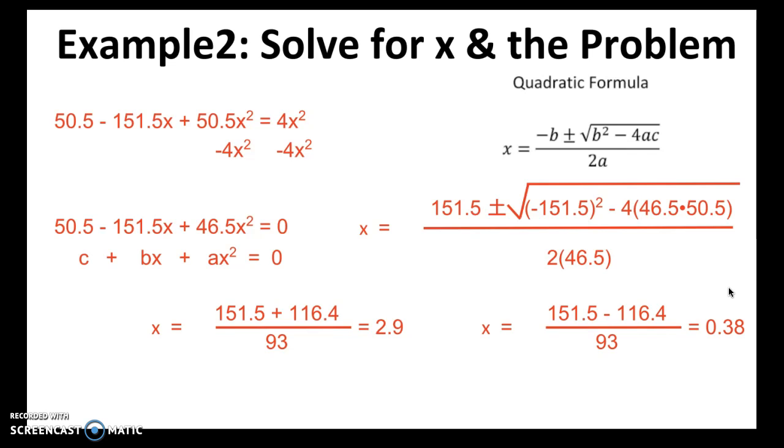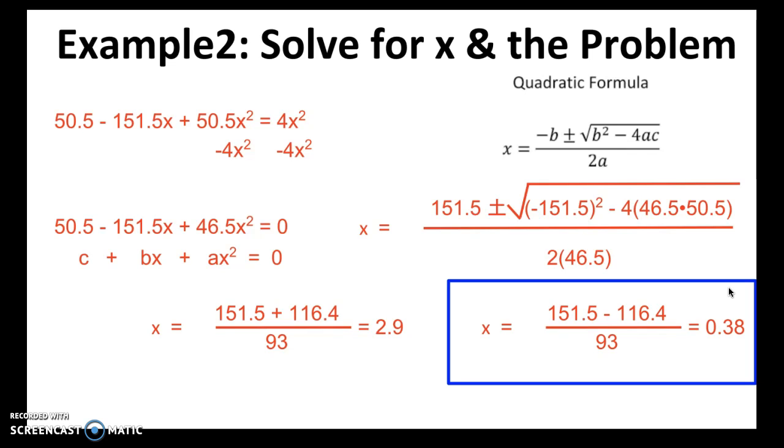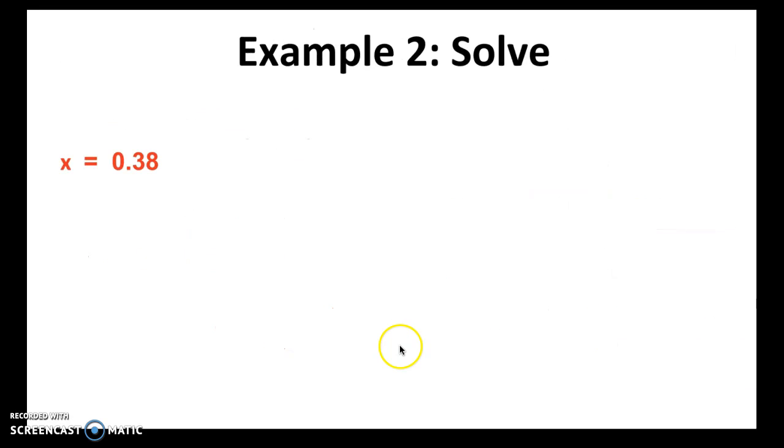So when you have 2 solutions, you've got to pick which one makes the most sense. And in our case, the one that makes the most sense is this one, because you'll see in a moment, the other value for x is too large. When we try to plug that in, we would get a negative value for our equilibrium concentrations, and we don't want that. All right, so this is the value we're going to use for x. Okay, so going back here,